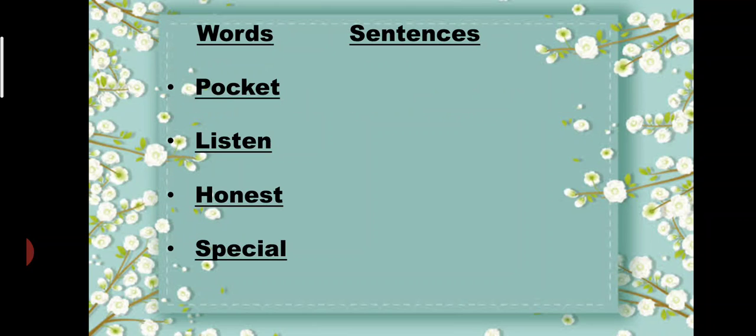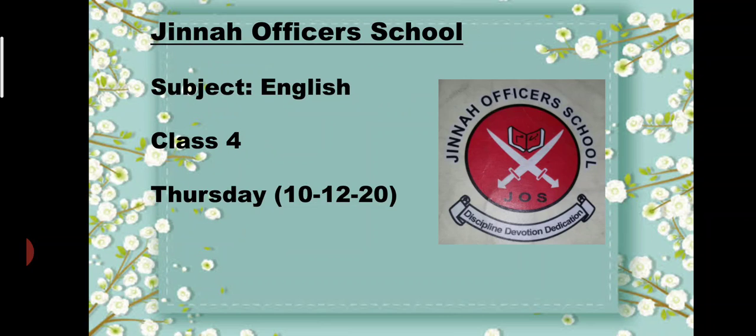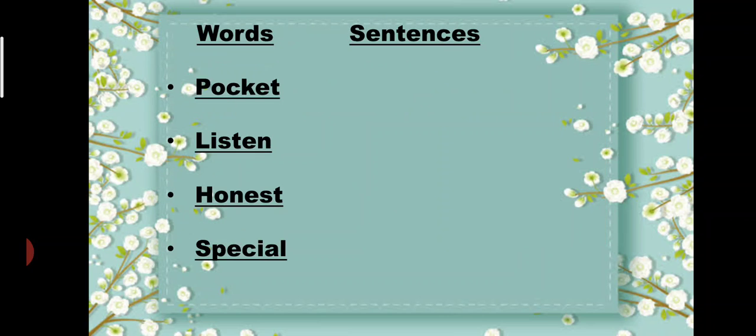Okay, then you will give the heading of word sentences, and there are 4 sentences for you. So number 1 is pocket. Okay, pocket means you all know jab. Next word is listen, which means sunna. Next word is honest. Honest means imandari. Okay, next word is special. Special means khas. Okay, so these are the 4 sentences, and you have to make 4 sentences, and I hope